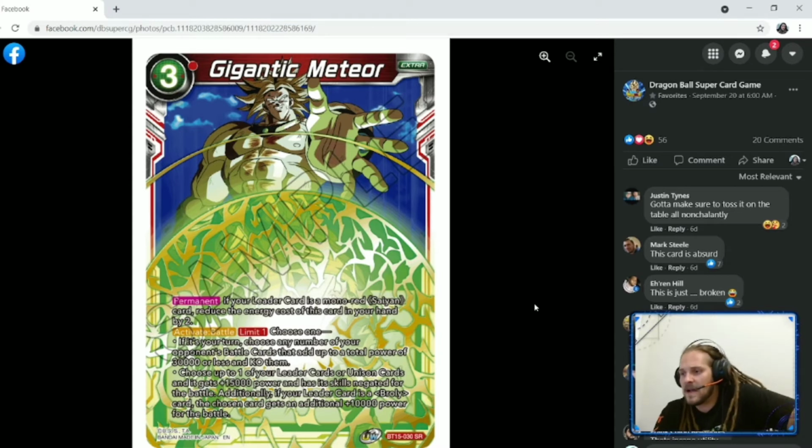Activate battle, limit 1. So you can only do it once per turn, so it's not too broken. Choose 1. If it's your turn, there's a lot here. Choose any number of your opponent's battle cards that add up to a total power of 30,000 or less and KO them. You can kill 3 10Ks, you could kill 6 5Ks, you could kill 2 15Ks, you could kill 20K and